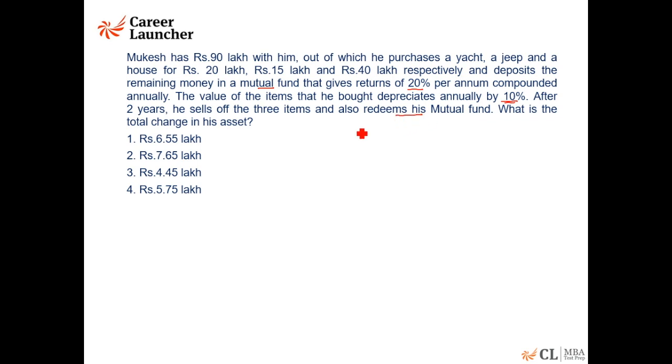We need the total change, so straight away go for the average, or what is the percentage change. So what has he done? Out of 90 lakhs, 60, 75. On 75 lakh rupees, he has a depreciation of 10% per year. So it is compounded annually, so it is nothing but 2 successive discounts of 10%. 2 successive discounts of 10% will mean a single discount of 19%. A plus B plus AB by 100. Okay. So this is the negative deviation.